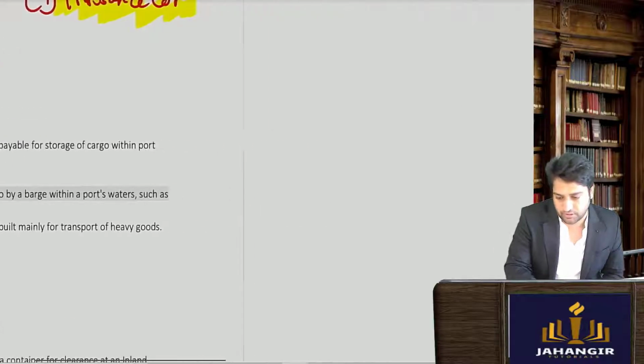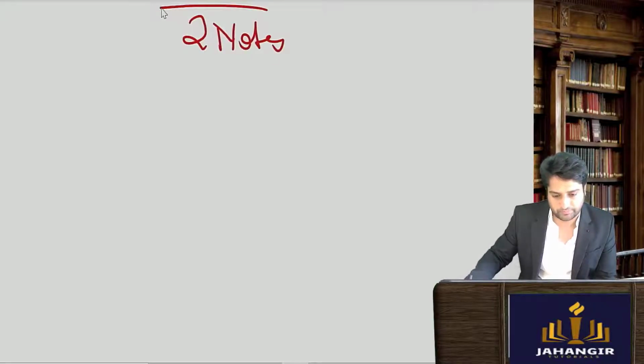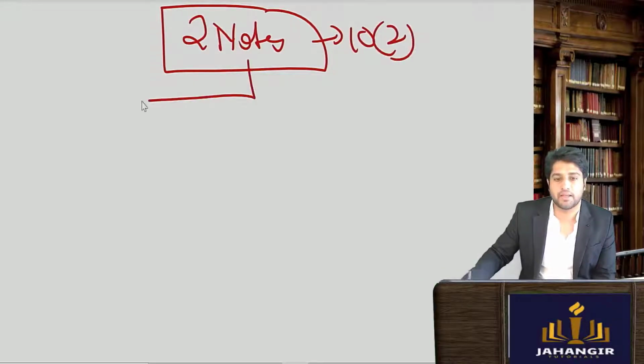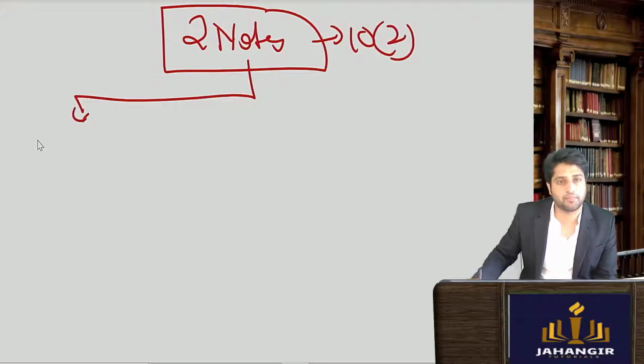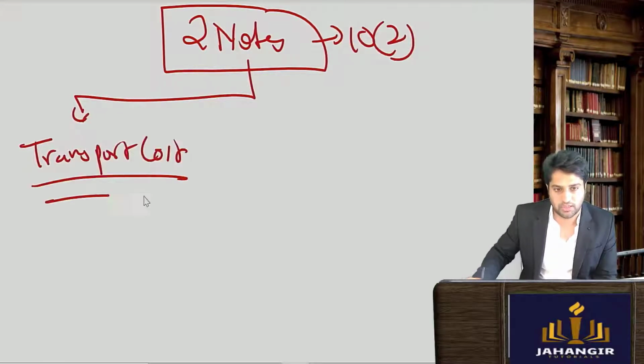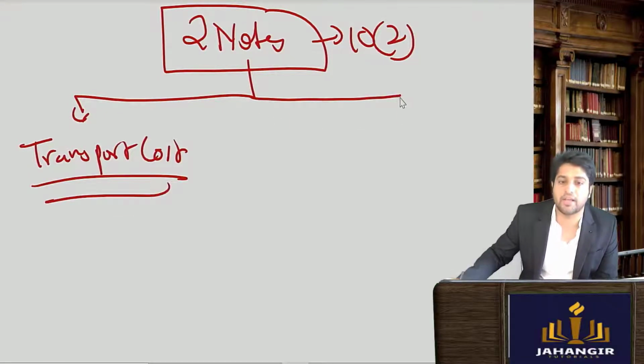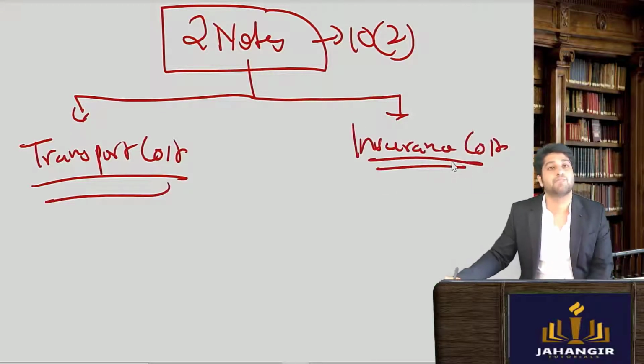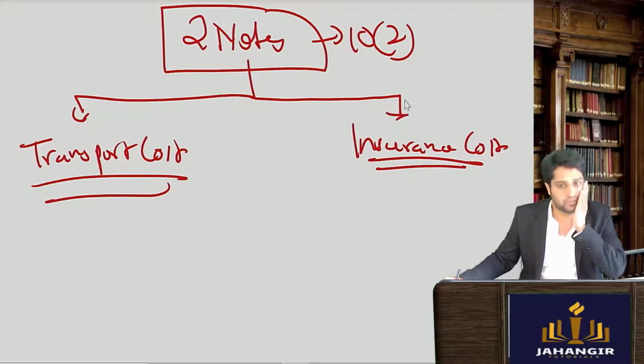Transportation cost, first one. Okay, so you can write it with me. So there are 2 notes under 10 sub rule 2. Invariably, whenever you import the goods, there would be a transportation cost. And second, invariably you would always get insurance done. Insurance cost would be there on you in addition to the cost of the goods.